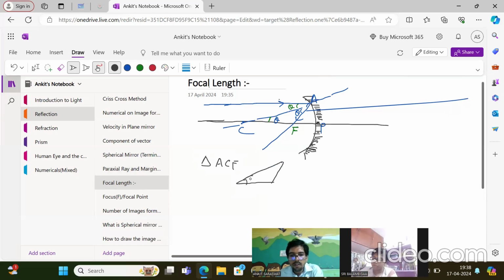If this is theta, this is theta. Now tell me, this triangle is known as what? Which triangle is this? Isosceles. Very good. What is the property of isosceles? If two angles are equal, and if you draw a perpendicular,